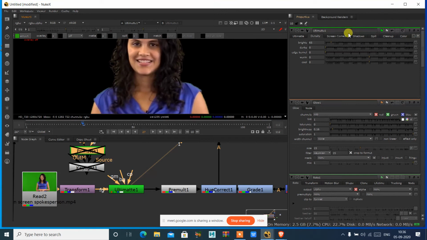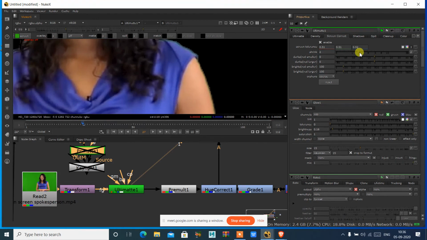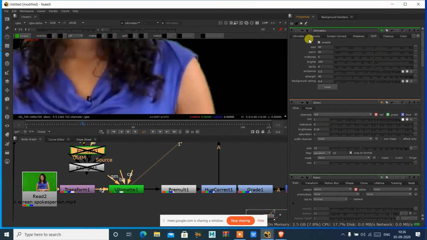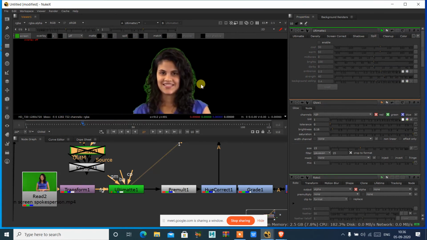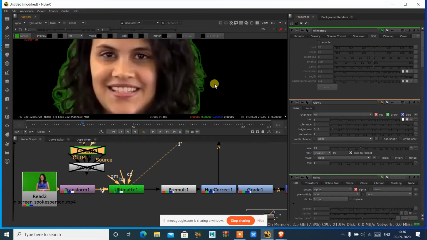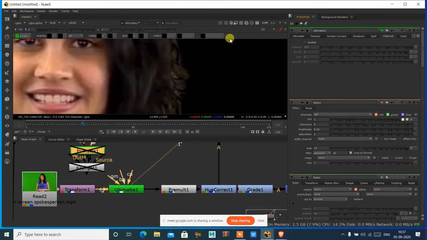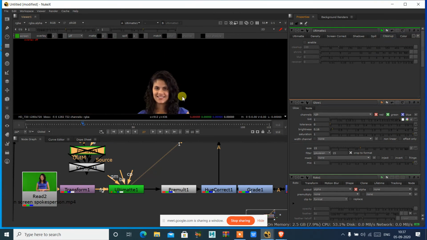Now the edges you want to adjust, you can go for screen correct, and you have this shrink option. With the help of this shrink option, you can correct that over here. Inside this same tool, you also have the spill. Spill suppression is also there. If I disable that, you can see how this is. Inside this ultimate keyer, there is already spill suppression. As soon as I switch that on, automatically it is going to remove the green spill from this. If you want to adjust anything over here, the strength of it, you can adjust. So these are the tools which are used inside this ultimate keyer.